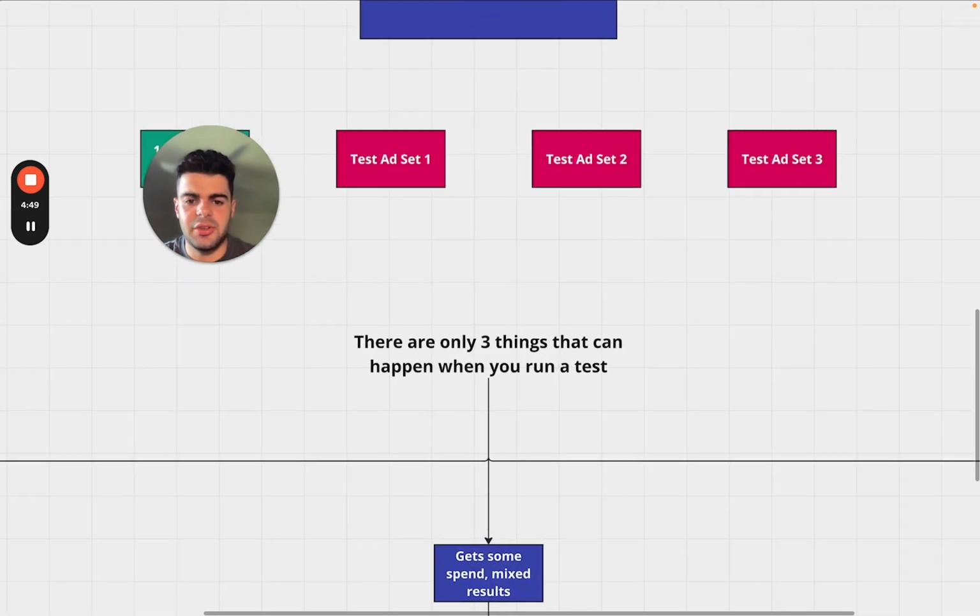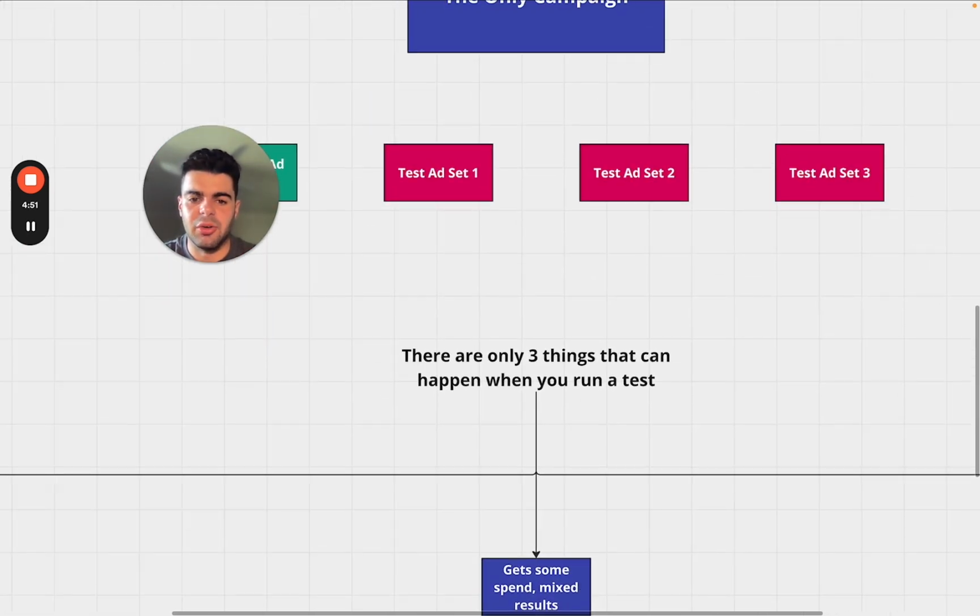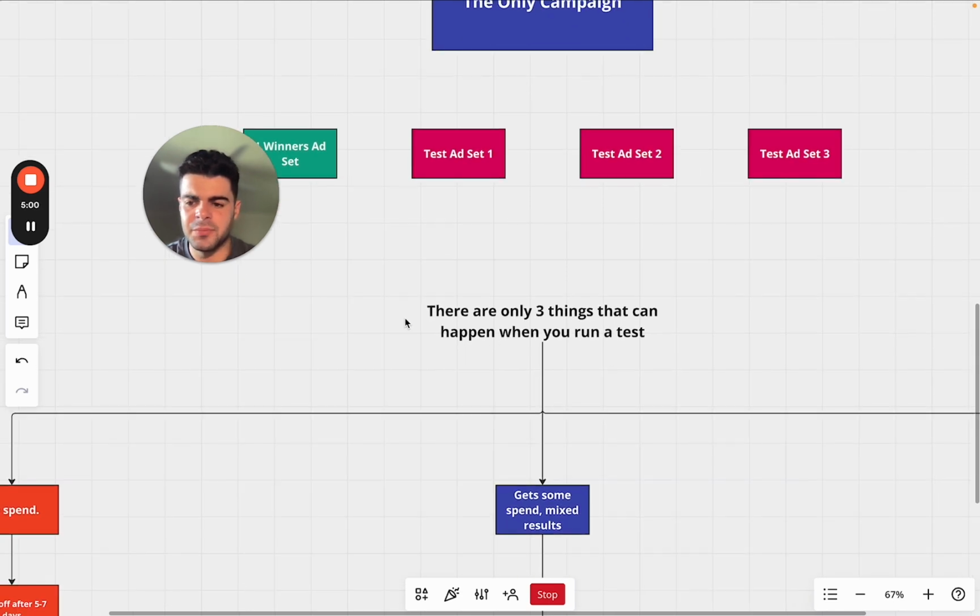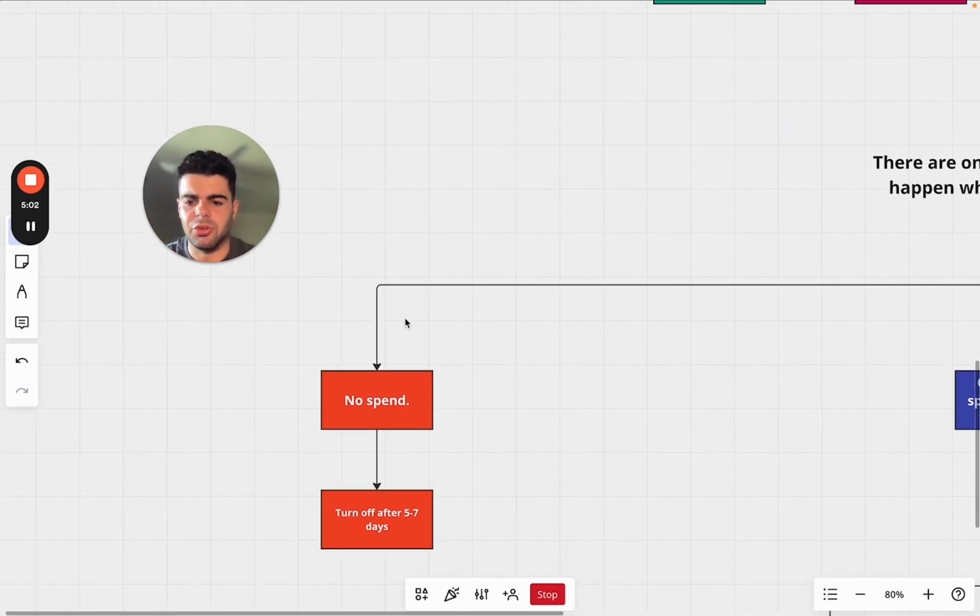So anyway, this is the way that you're going to run your ads from now on, and once you trust Facebook, you can really be a lot more hands-free, and you don't have to spend as much time in the ads manager, and you can focus on just looking at the results like this. So the 3 things that can happen when you launch one of these ad sets